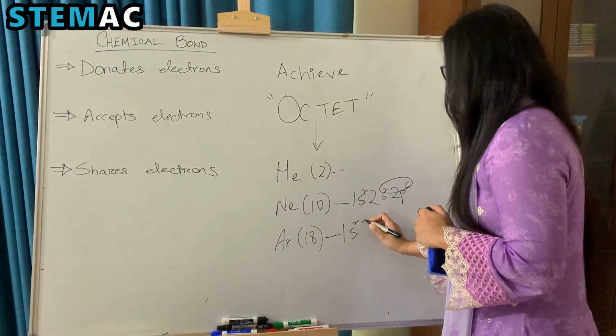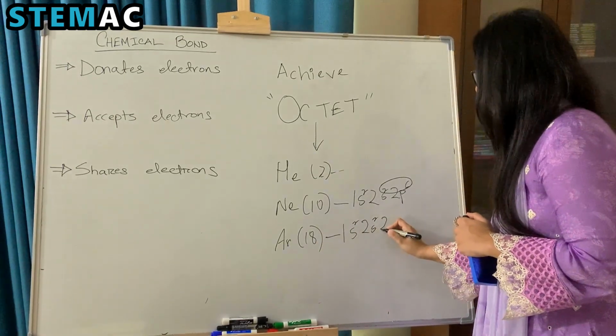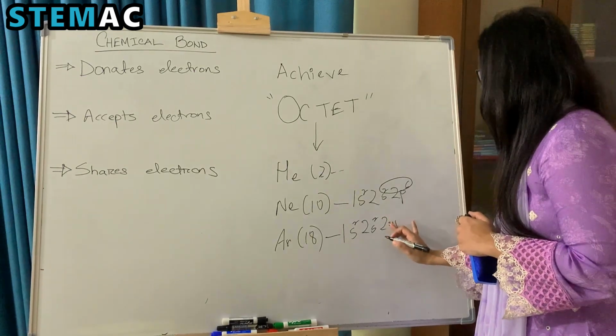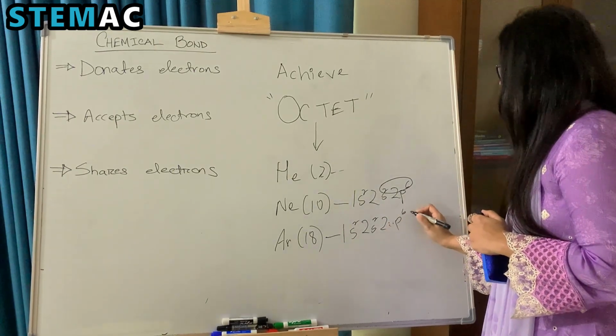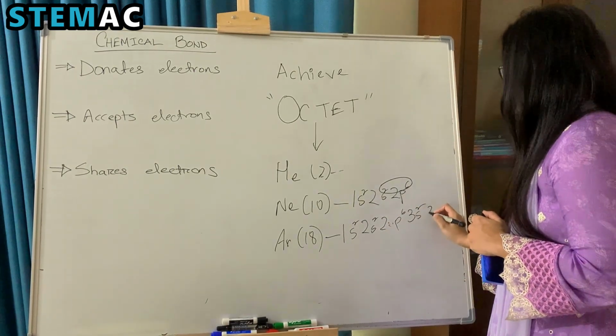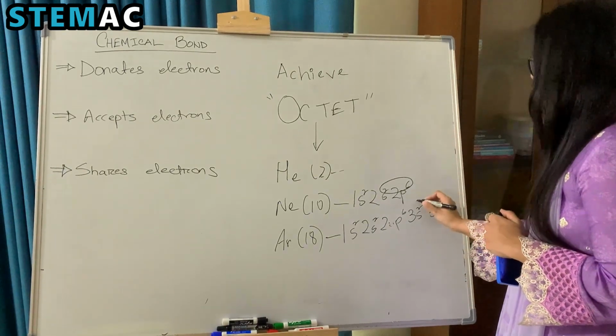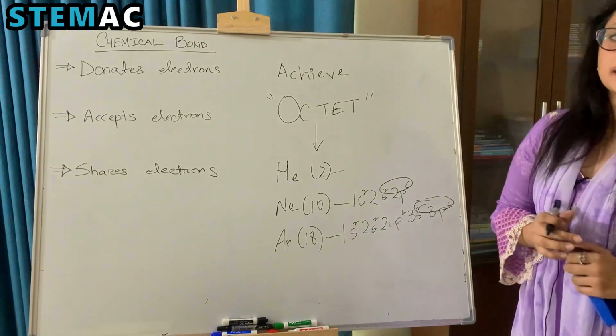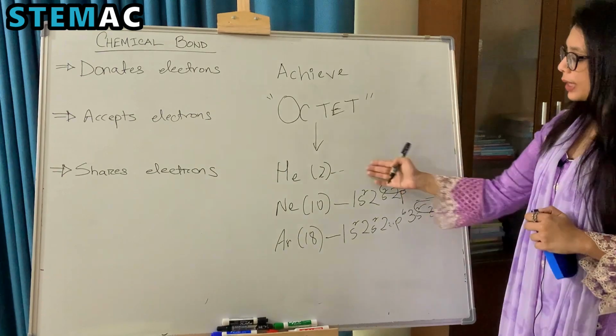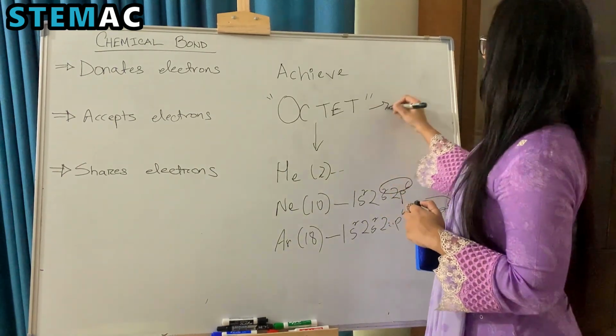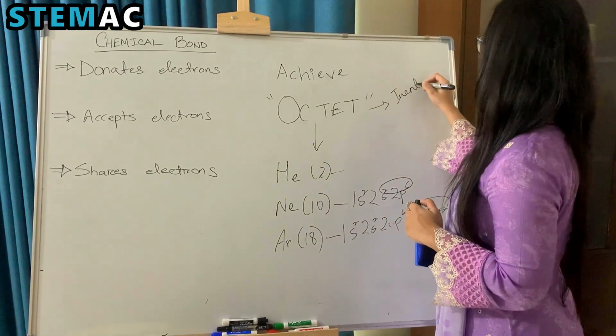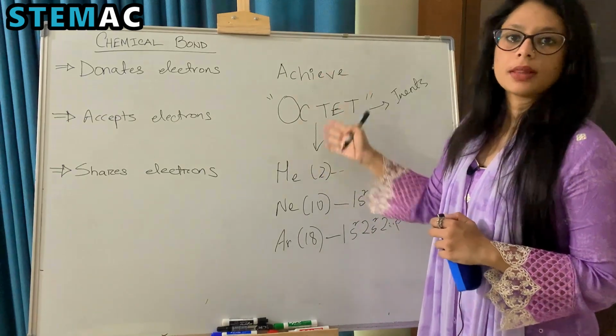It has 3s2. It has 8 electrons in its outermost shell. So it is seen that the noble or the inert gases have 8 electrons on their outermost shell, which makes them the most stable